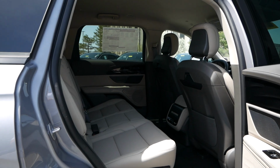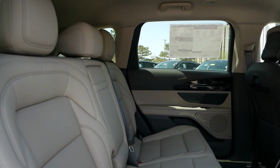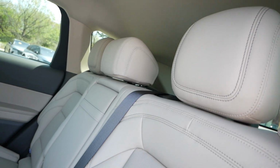Now for passengers in the second row, they're going to receive right around 43 inches of legroom, which is pretty much class leading in this market. You are not going to find anything better at around $52,000. Maybe at $60,000, $70,000, you might say, all right, I can find better. But with the Lincoln Nautilus at $52,000 for a base trim, this is almost unheard of in this market because,